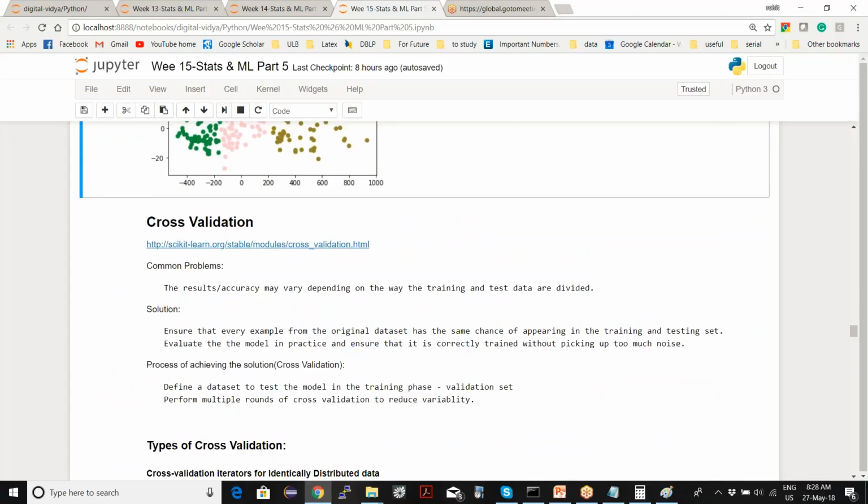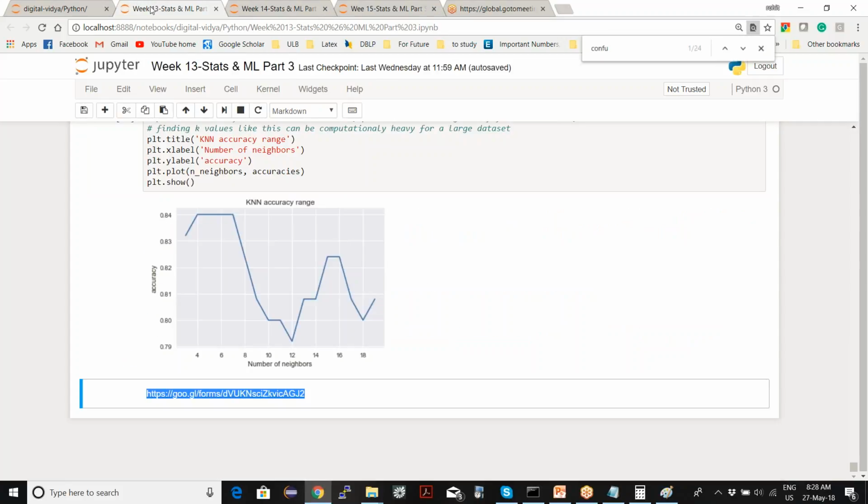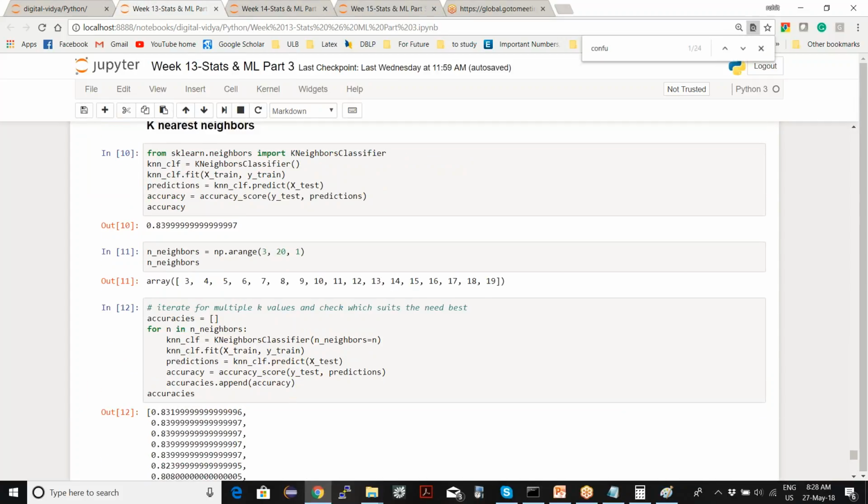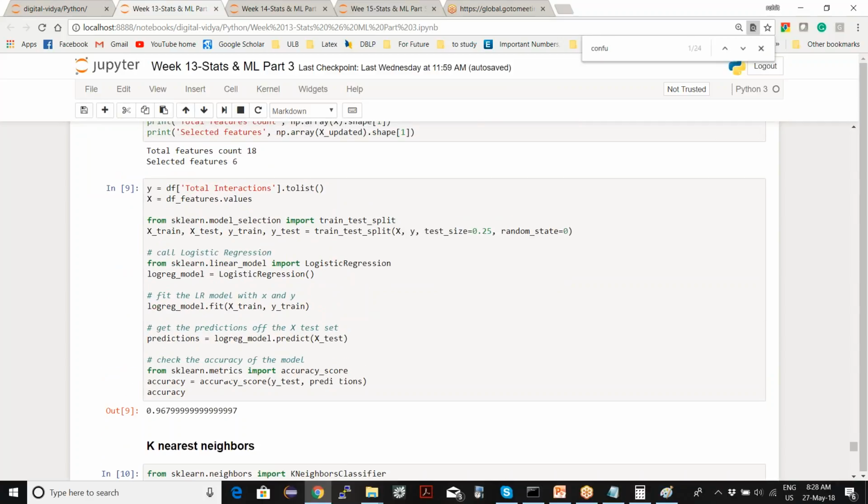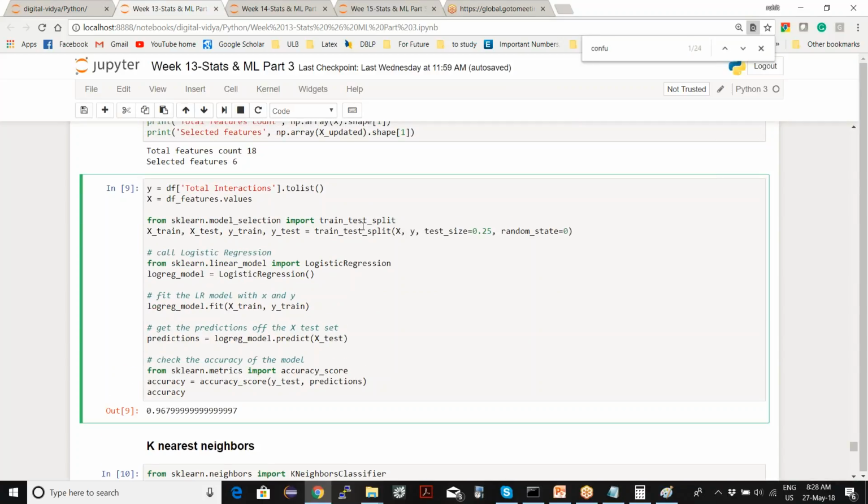Now we are coming to a very important topic called cross validation. Another recap: when we were doing machine learning algorithms for supervised learning, we used to split our data set into two parts, train and test split.